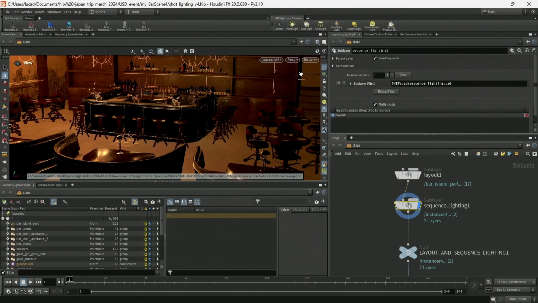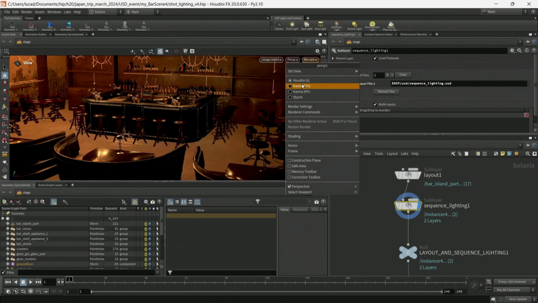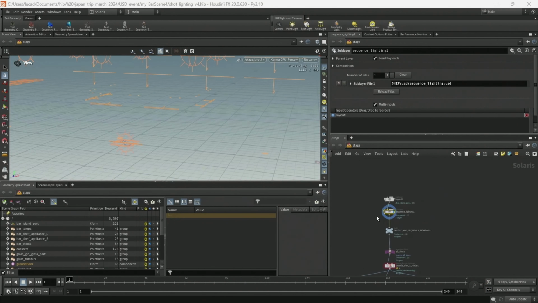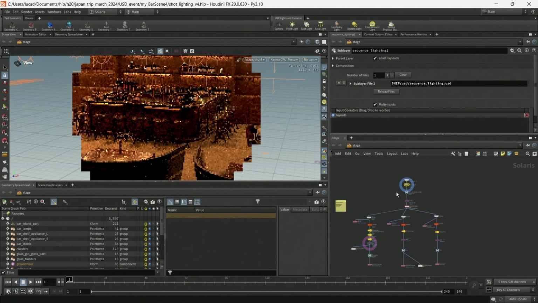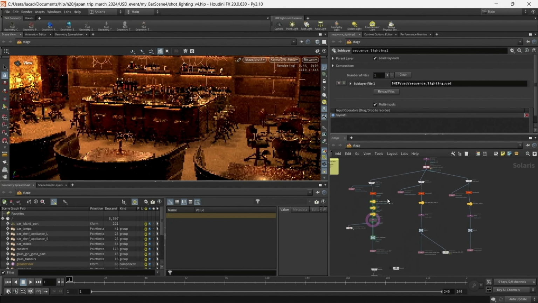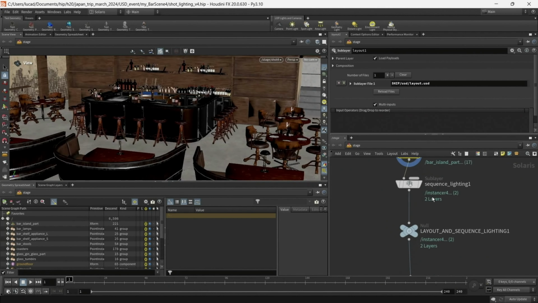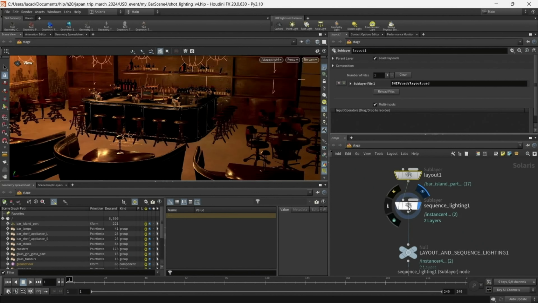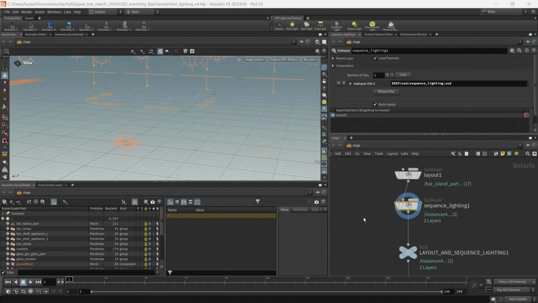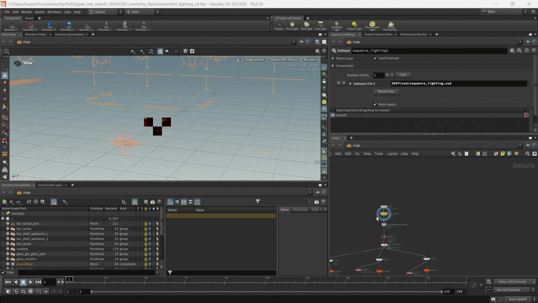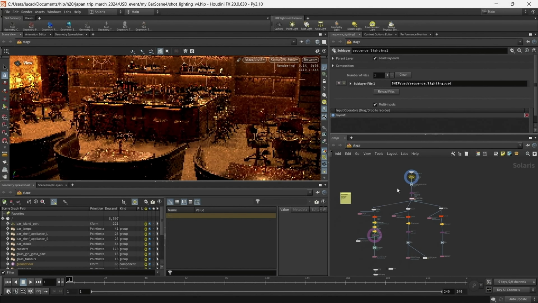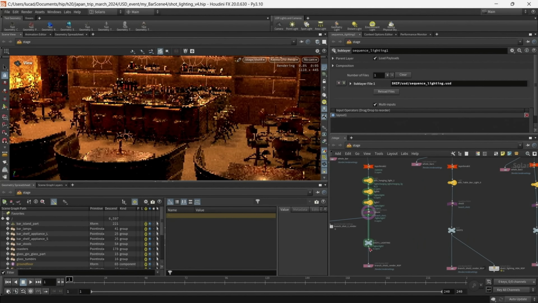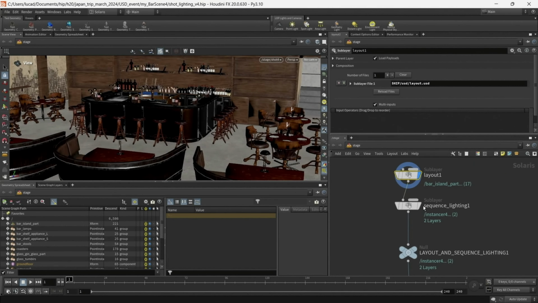Which is exactly what the shot lighter would do. First, he would read in the layout file. Then he would load in the sequence lighting in a separate node and layer the lighting over the layout USD file.